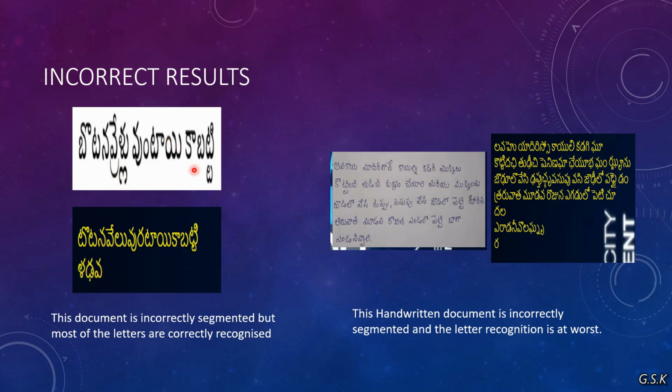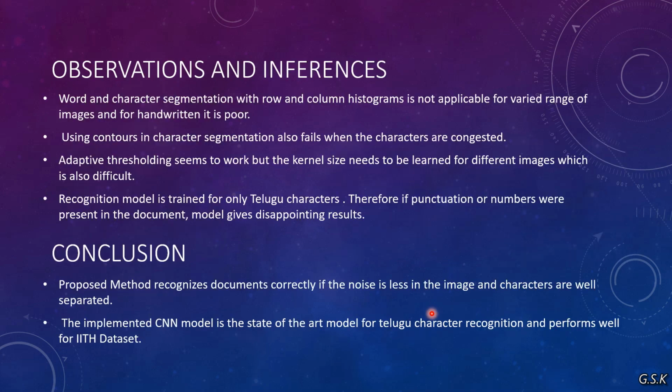So the failed aspect in this particular image is line segmentation. But when coming to handwritten text, the line segmentation and word segmentation performed very poorly. So that's why we got very wrong results. This is one of the limitations of our method.